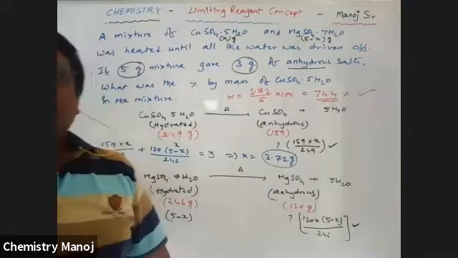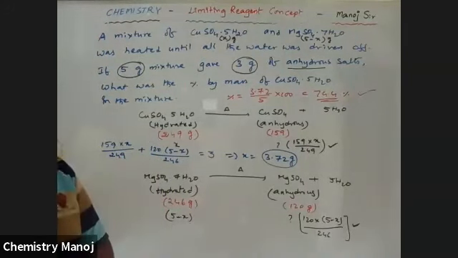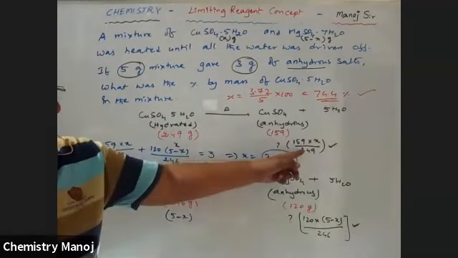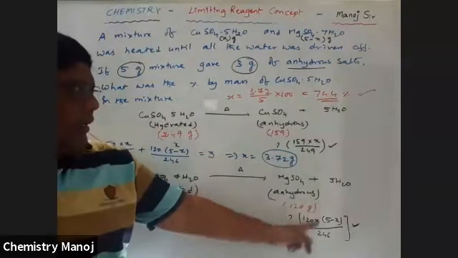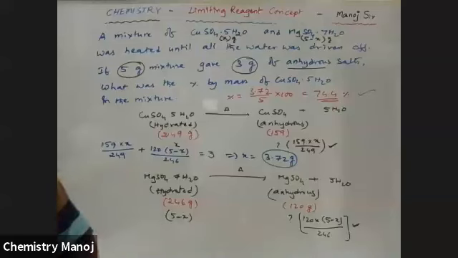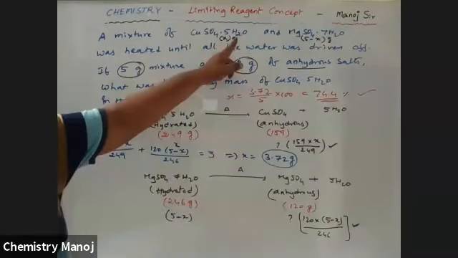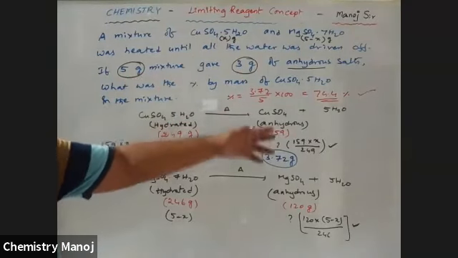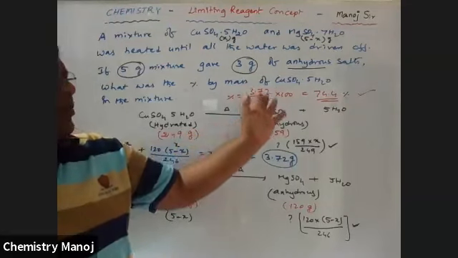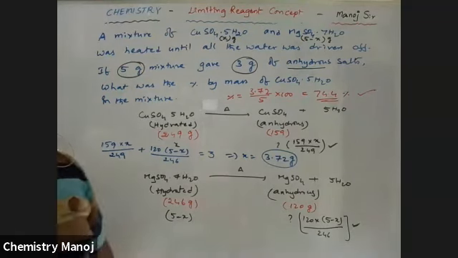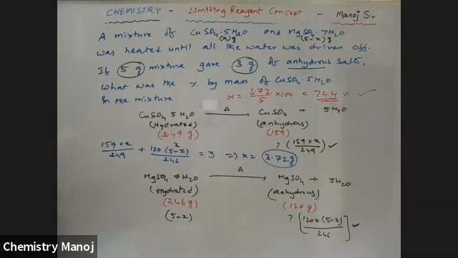So see once again, hydrated chemicals on heating give anhydrous substances. 5 grams gives 3 grams. Here these are the hydrated and anhydrous substances. The sum of these two is 3 grams. After calculation, the x value is 3.72. What is x? That is the mass of CuSO4 in 5 grams. Therefore, the percentage weight is equal to the weight of CuSO4 by total weight into 100. This is CuSO4 percentage weight. So it is once again clear.